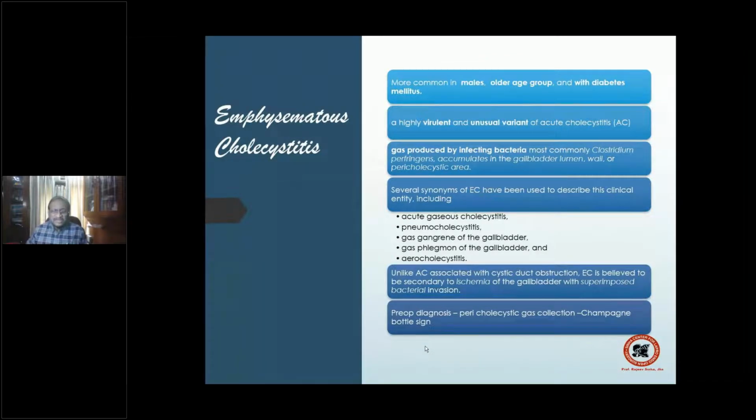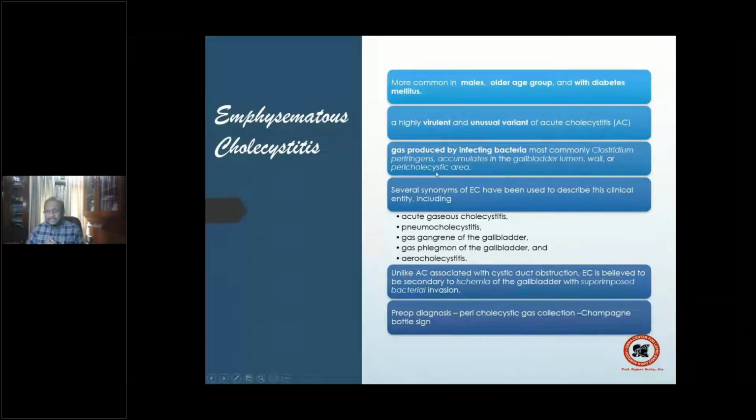What is the reason? The reason is a gas producing infection, a gas producing bacteria, most commonly Clostridium, which accumulates in the lumen. The gas increases the pressure inside the lumen. The mucosa goes under ischemia. That ischemia leads to mucosal ulceration, and through that ulceration the gas escapes into the wall of the gallbladder, right? So you have gas accumulating in the lumen, in the wall, or it can go beyond the wall in